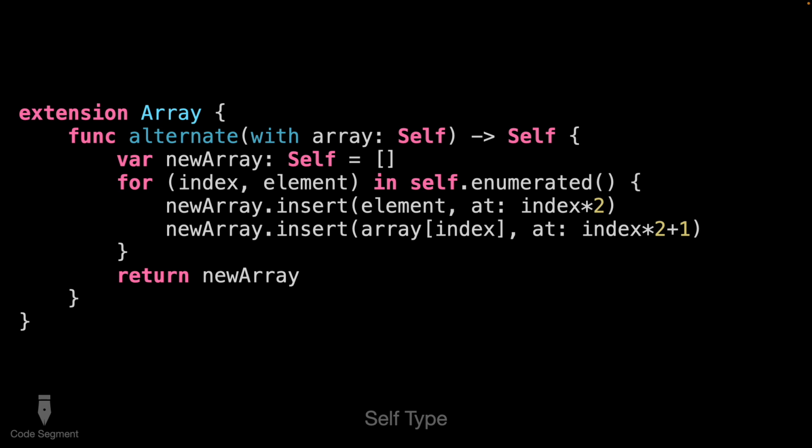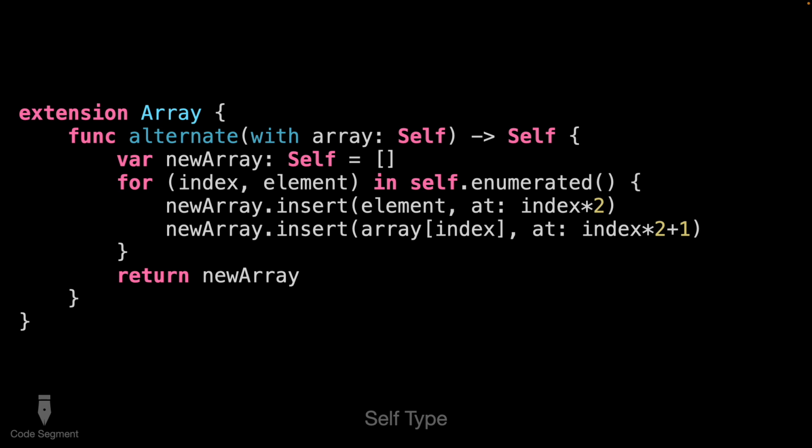So you also have this capital Self. We've seen lowercase self before, and we have it right there as well. It's a way of referring to the current instance, okay? If you want to instead refer to the current type, because you might be a type of indeterminate origin, for whatever reason, you can use Self, okay? So what does that mean? So if we have an array, once again, we're doing an extension on array, we're adding a new function, and we're creating this alternate with array